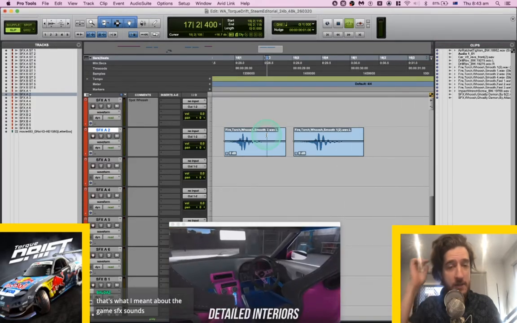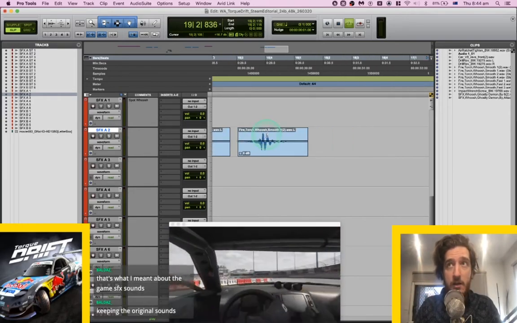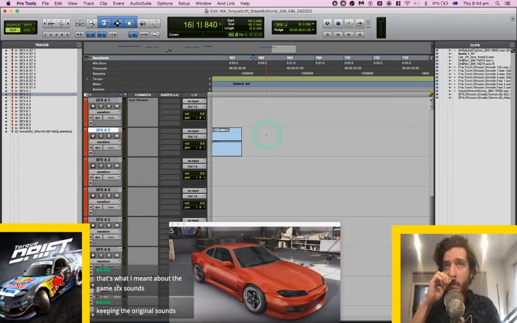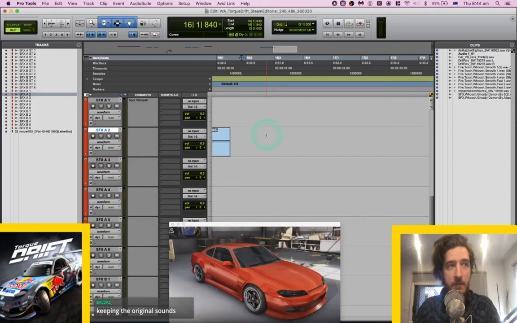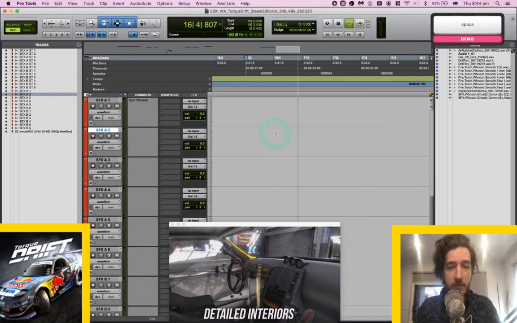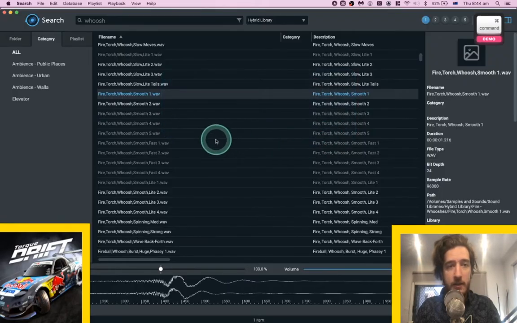Yeah, the game sound effects. They actually don't have a sound for that. I want to keep all the original stuff. I don't want to go over the top of them and replace the engines and stuff like that, because then players are going to jump in and go, hey, this is not sounding like the trailer. What's the deal? You know, there's nothing worse than a cutscene that sounds better than the game. So I want to try and avoid doing that if I can.